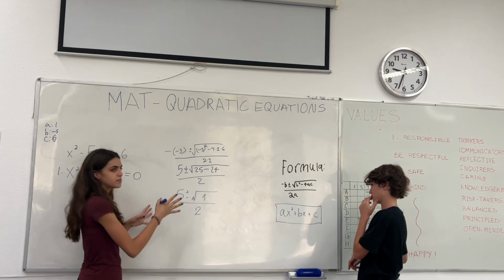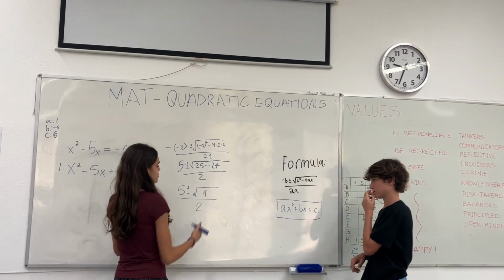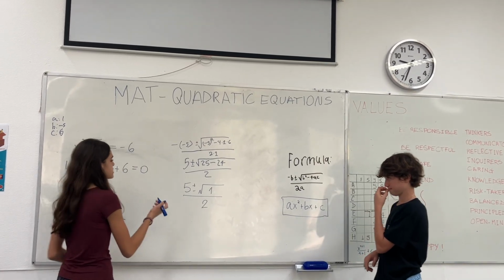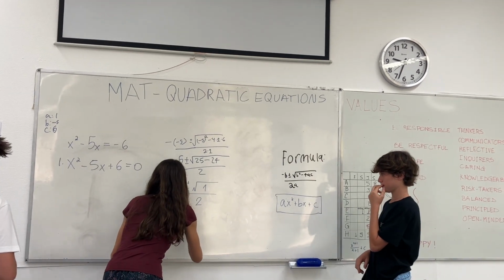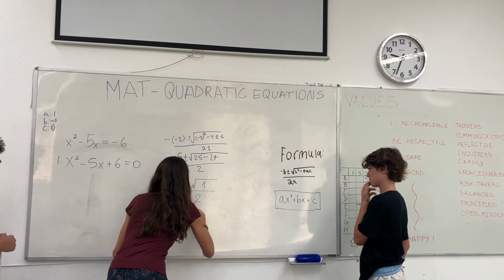So 5 plus or minus the square root of 1, over 2. This is the simplest it gets, but then we need to solve the square root if possible. Maybe it's not possible, but in this case, it is. 5 plus or minus